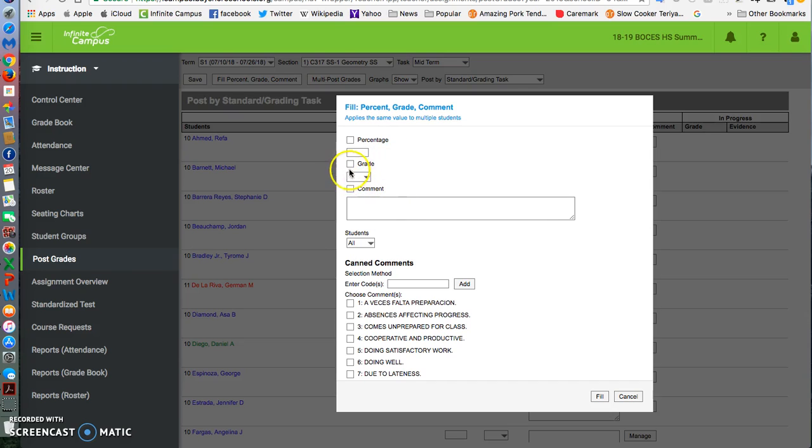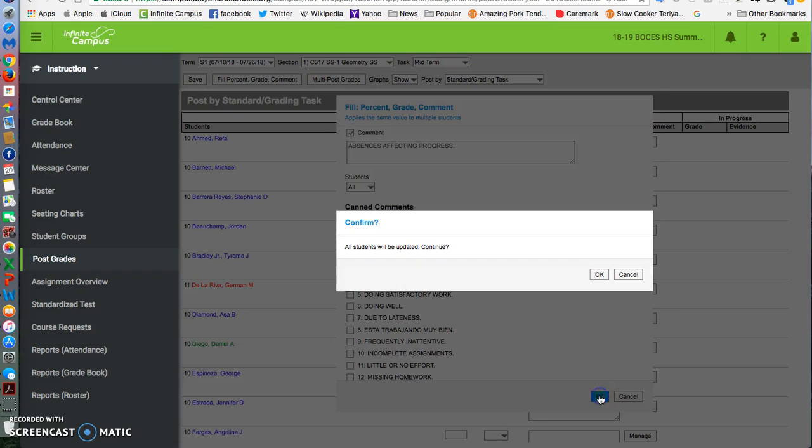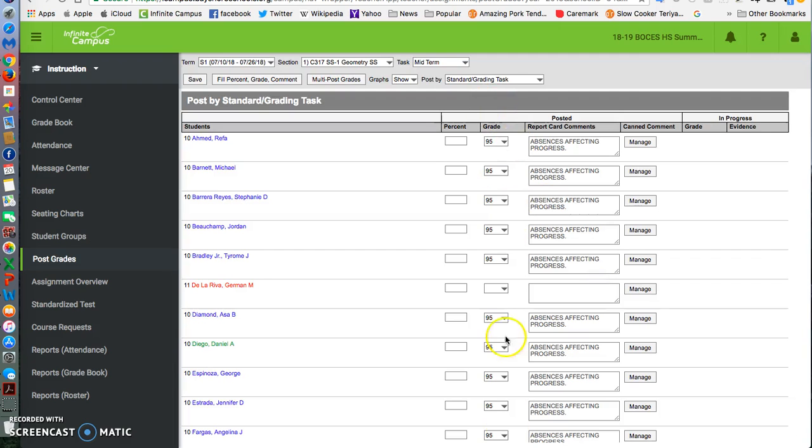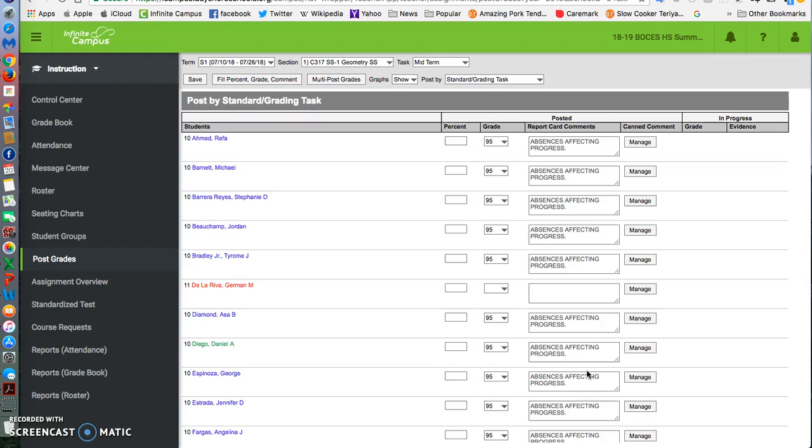So you would select the grade, go to the drop down, hit the grade that you're going to mass populate, and right here it's going to say all students. And if you want to also mass populate the comment, you could click the comment and hit fill. And then another window will pop up. You want to fill all your students, hit OK. And if you notice here, all the grades will be populated, and all the comments, because you filled the comments as well. That's just another way of doing it, but again, don't do that unless most of your grades are